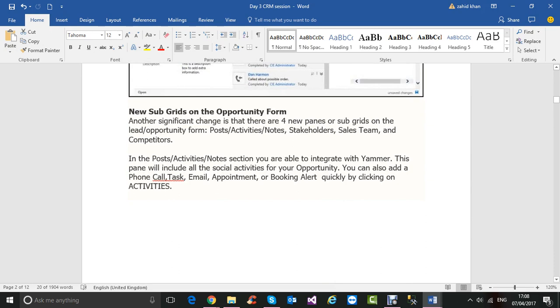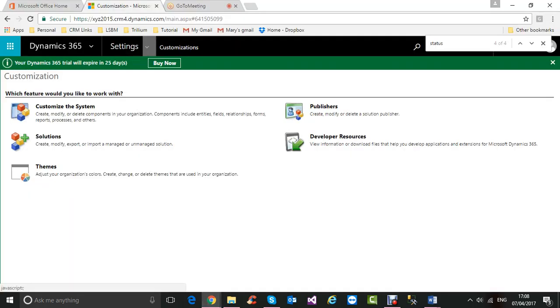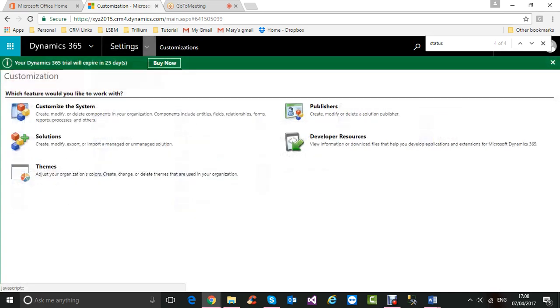New subgrids on the opportunity form, something to do with the new subgrids, meaning sales team and competitors. They have added these recently. This is the new update of Microsoft Dynamics CRM. What does it mean? Subgrid. Now, this is very, very important to remember. What is a subgrid? If I go back to our opportunity, for example,